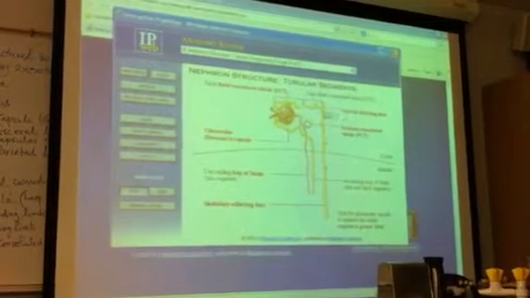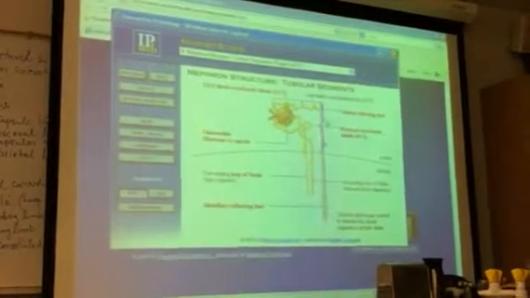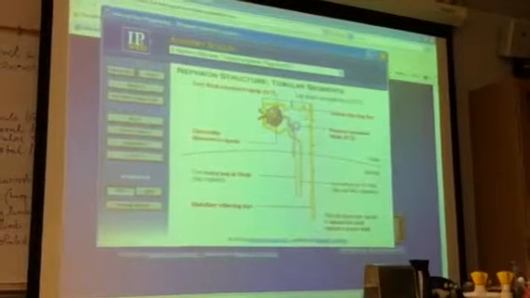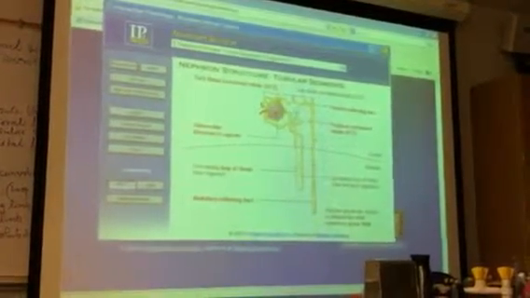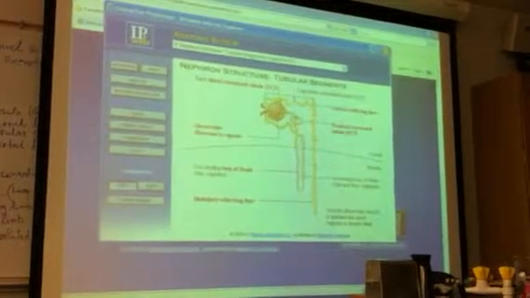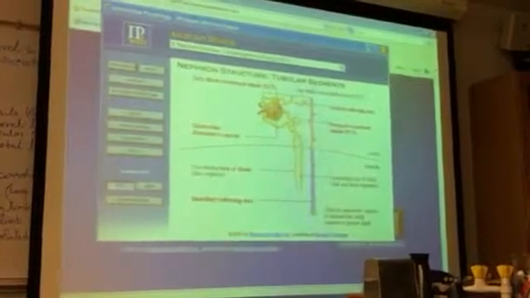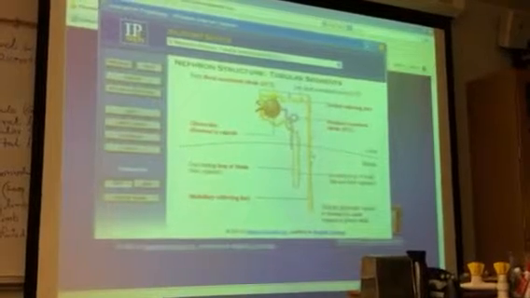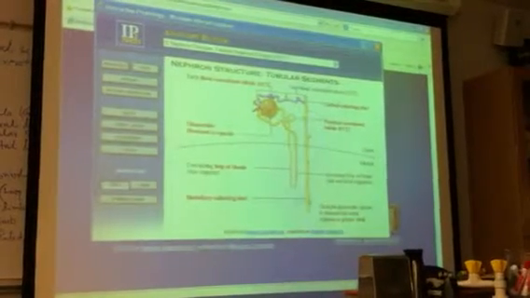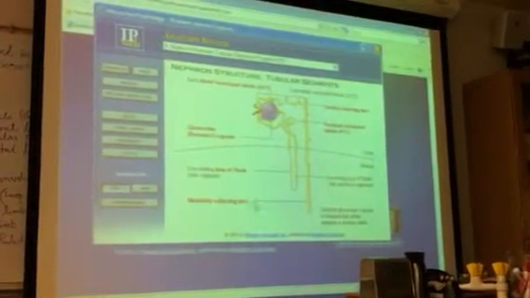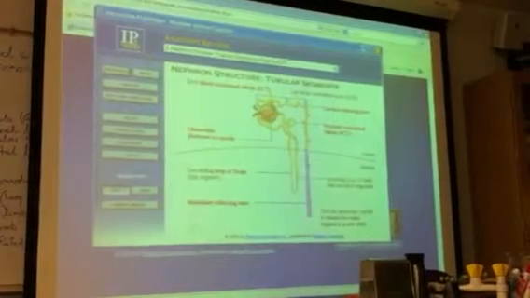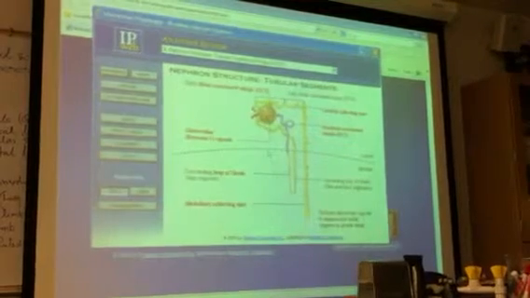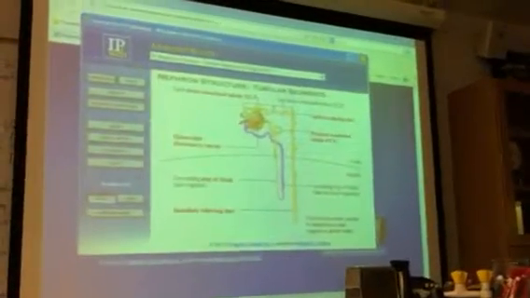So what I was telling you, one cortical collecting duct will receive several DCTs, several distal convoluted tubules from several nephrons. Okay? And then several cortical collecting ducts will join to form the medullary collecting duct or papillary duct. In your book, this is termed as papillary duct. Okay? So here you go.